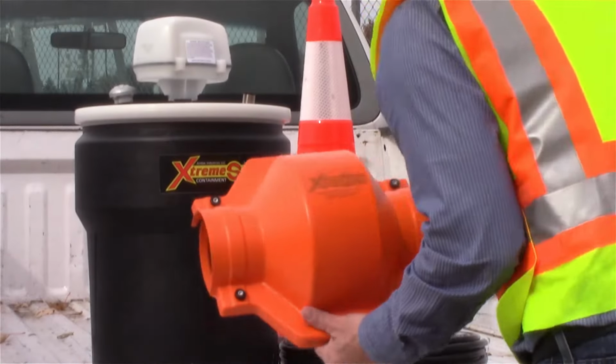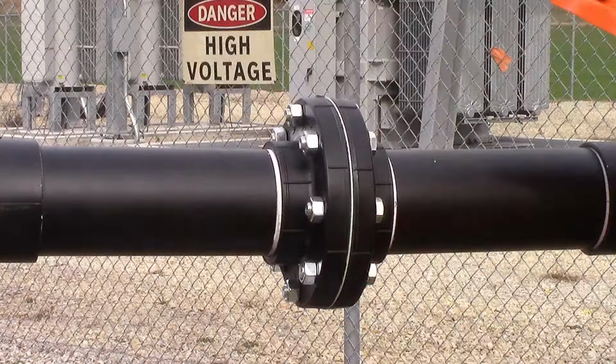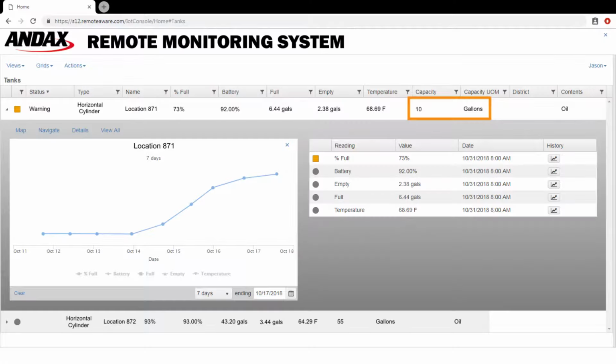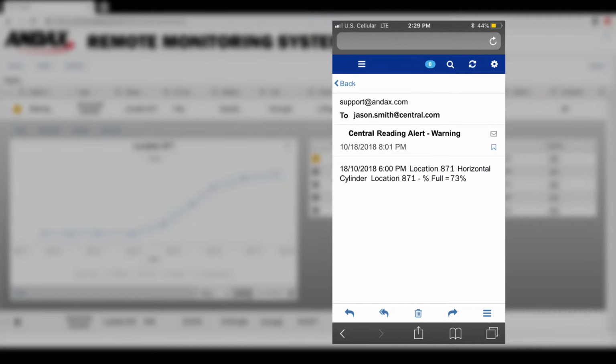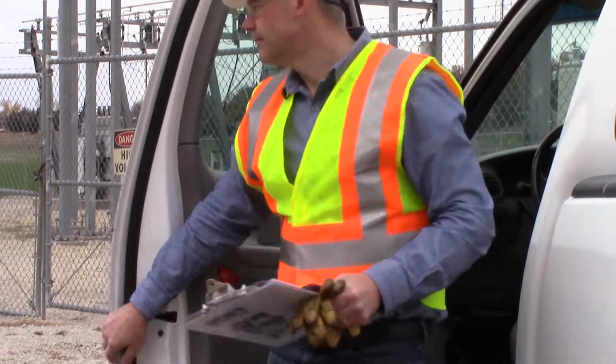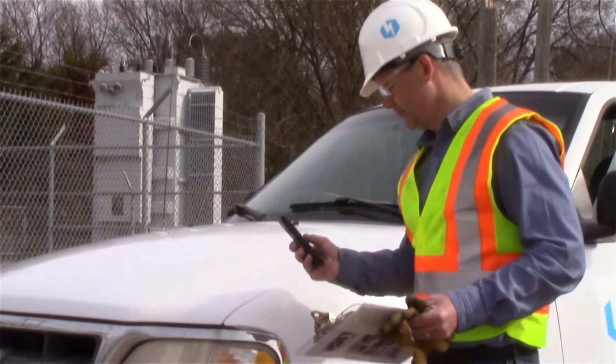remote facilities. In this example, an Xtreme Shell unit was installed to capture oil content leaking from a pipe flange at a remote facility. A 10-gallon tank was used, and the leak was monitored for 7 days. When the fluid level reached a warning status, an email message alert was sent to a technician to service the unit. The technician was dispatched only when the status of the containment reached a predetermined alert level, reducing countless on-site